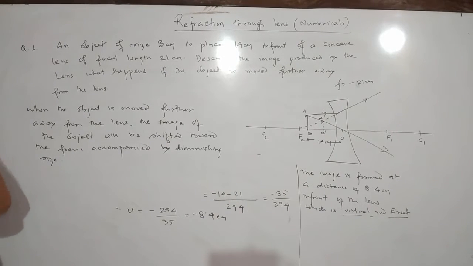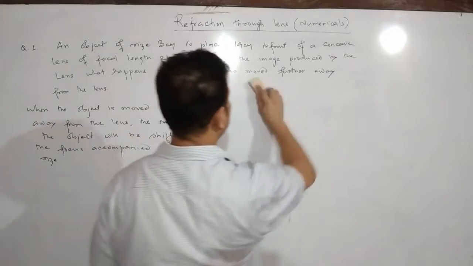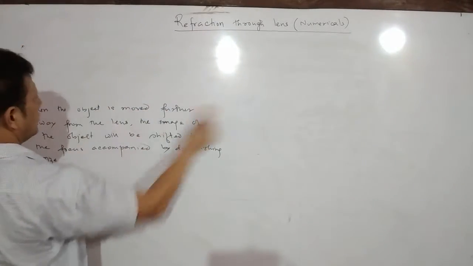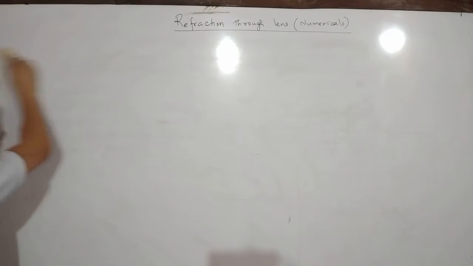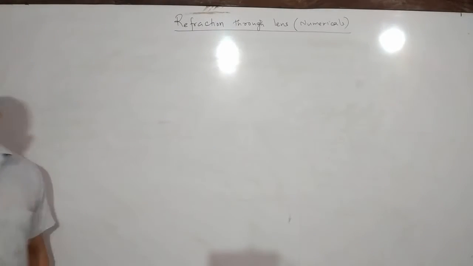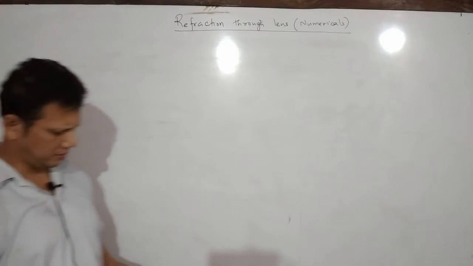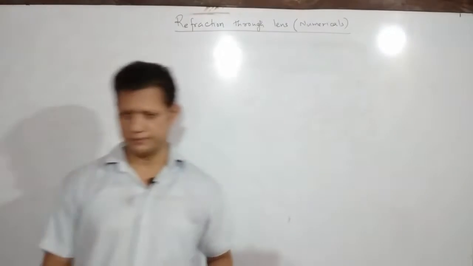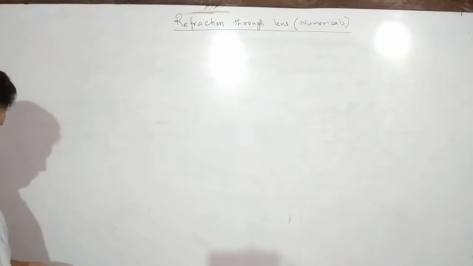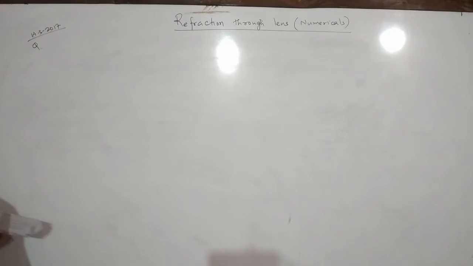Let us now move on to another problem. Now let us take another problem that will involve two lenses, and this particular question was asked in our Higher Secondary exam 2017. This question was asked in 2017, so I will write it first. The question is: in 2017 it came, a convex lens